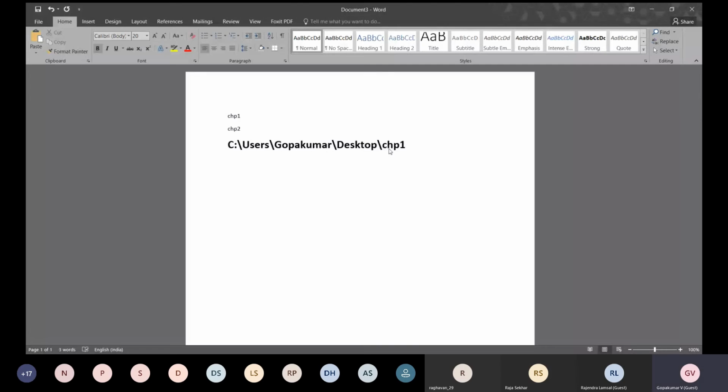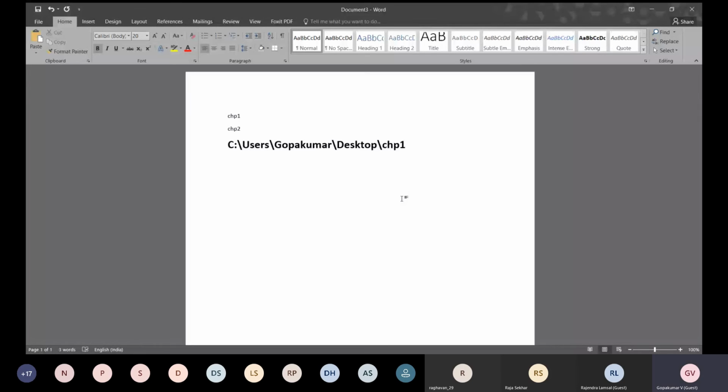We have two files on the desktop. One is chp1, the other one is chp2, chapter 1, chapter 2. And you have assigned the headings and subheadings by telling the computer that this is my first level heading, my second level heading, by going to the styles that you have already done. After that, you create a new file and then copy and paste the location of the file, just like this.